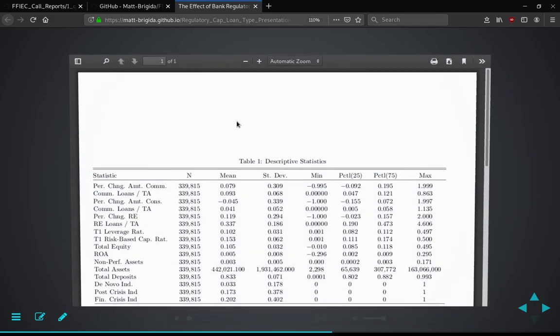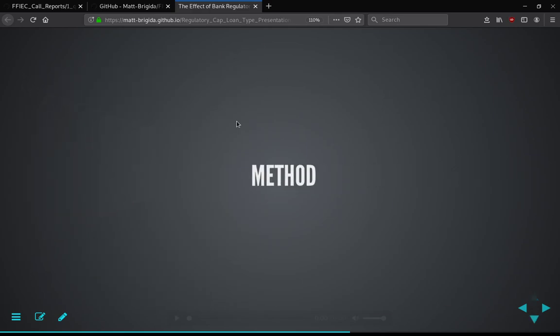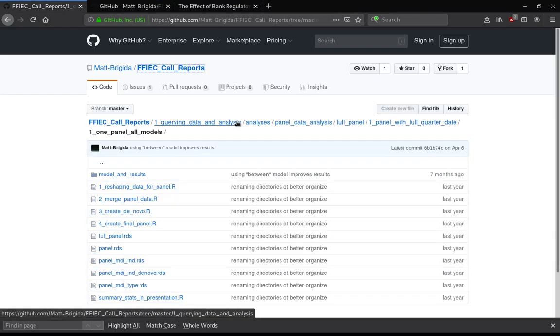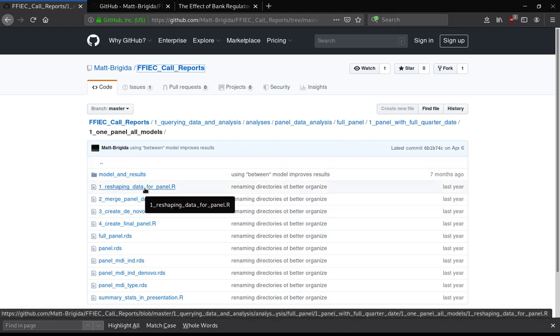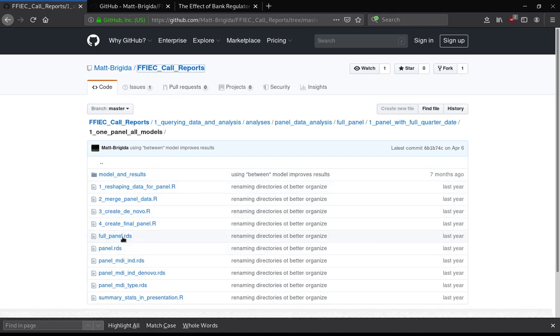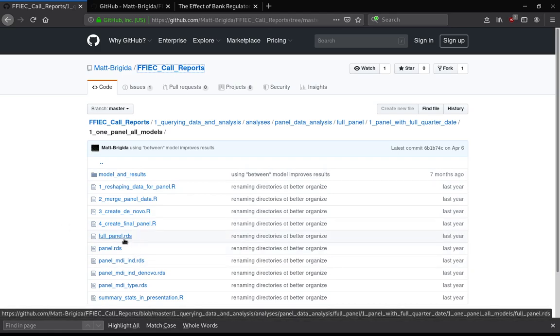Good. Before I move on, let me talk to you about where you can get the data set for this analysis that I'm going to do. I have built panels. This is a built panel that I'm using for this analysis, this full panel RDS. It is in my GitHub call report repo, the actual data set that I built for this. So if you want to use a variable that I have included in the analysis, you can just pull this